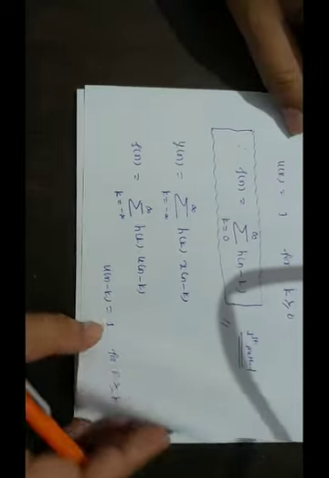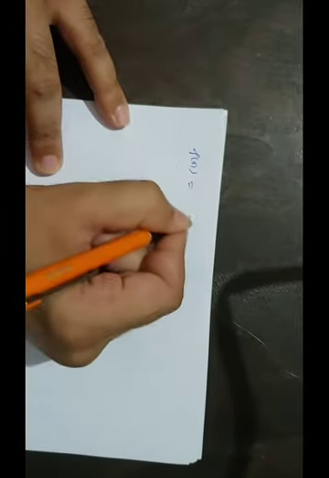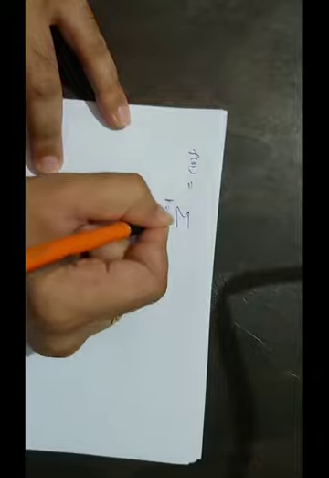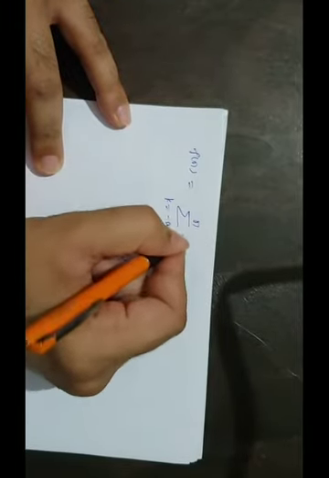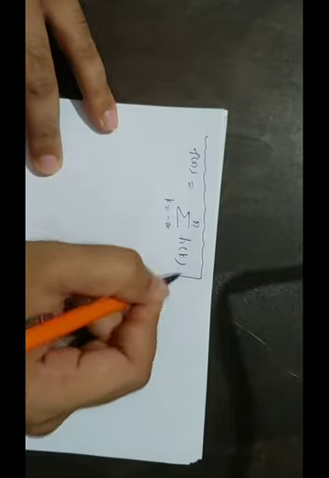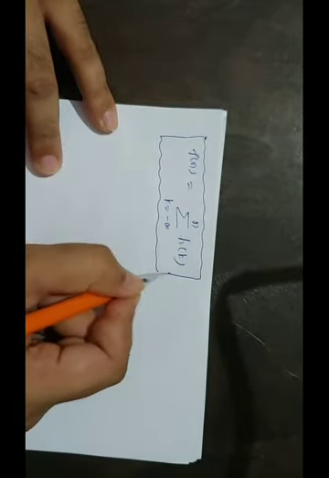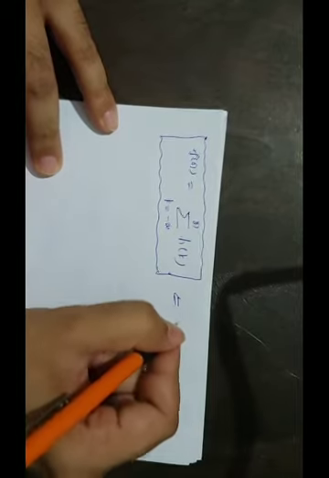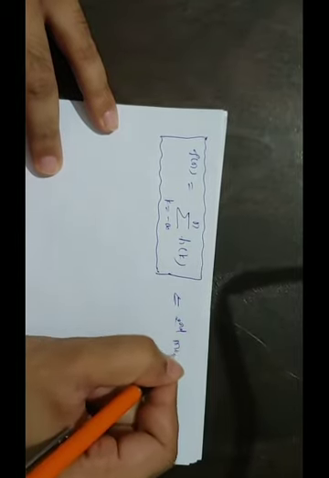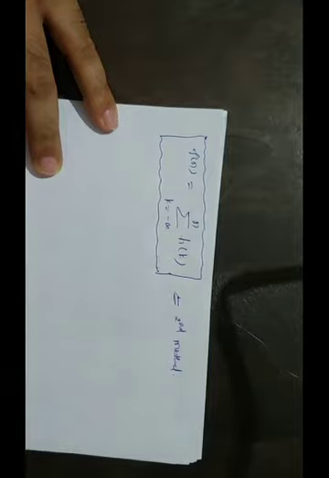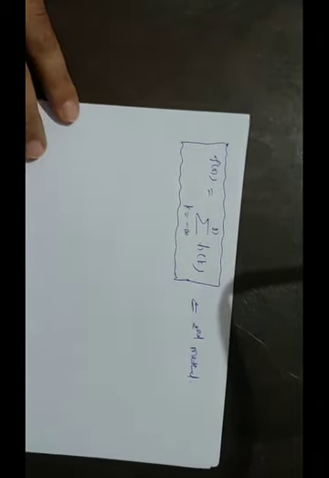So the formula changes to s of n, which is equal to the summation of k equal to minus infinity to n of h of k. Now the formula has been reduced to this much. This can be called the second method to calculate the output of an LTI system when the input is a unit step function.